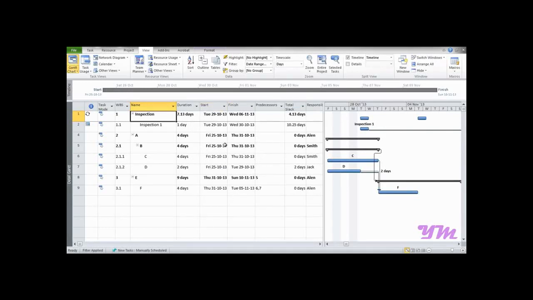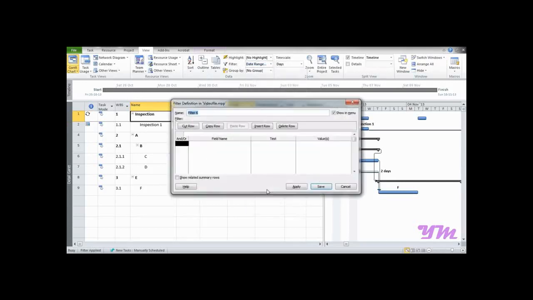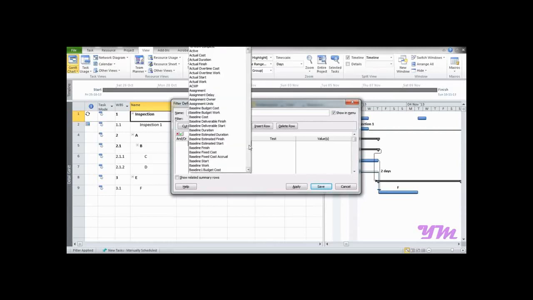Now the question is, can we make an interactive filter? Yes, absolutely yes. So now let me show you how to make an interactive filter. To make an interactive filter, go to this tab, go on to new filter, and over here write the filter name new interactive filter. Now we need to put on the conditions over here. So let's first of all put the field name over here. So let the field name be responsibility